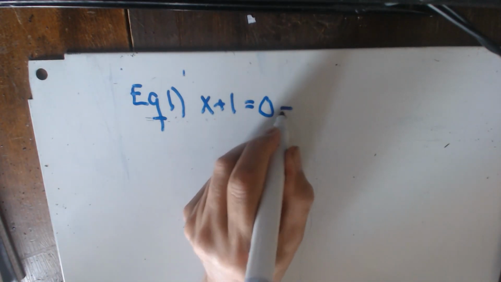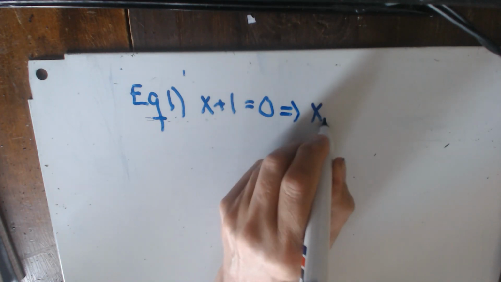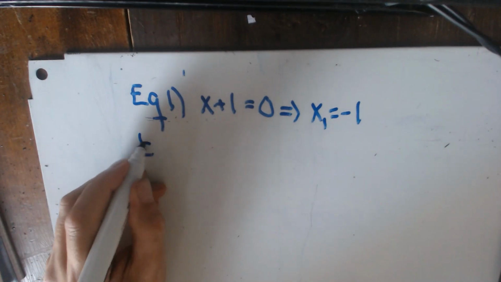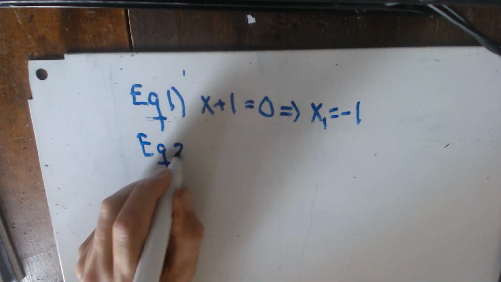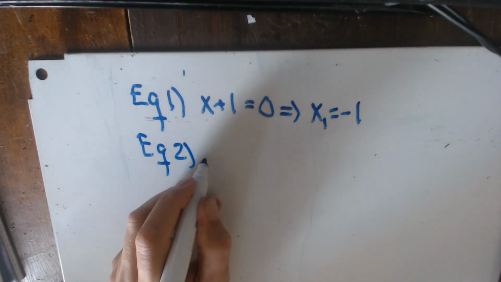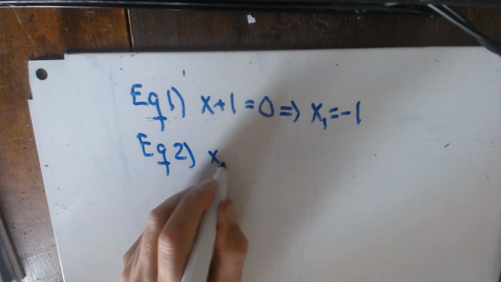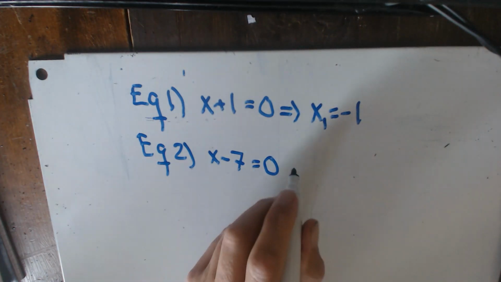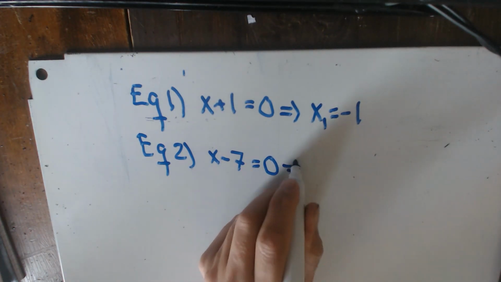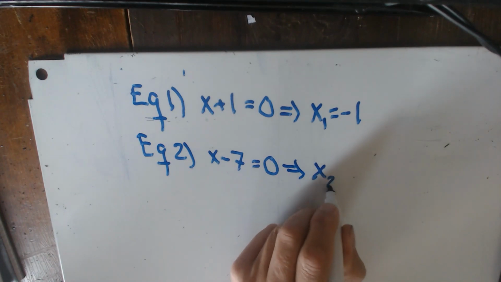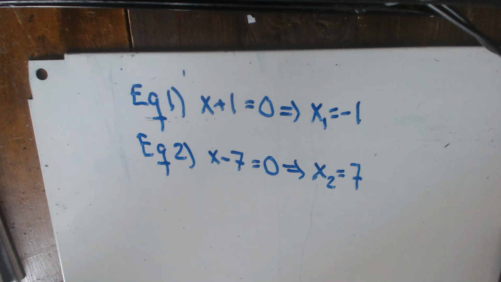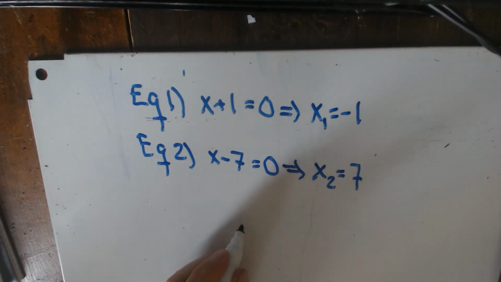That implies that x1 is minus 1. Equation 2, x minus 7 equals 0. That implies that x2 is 7. That is the